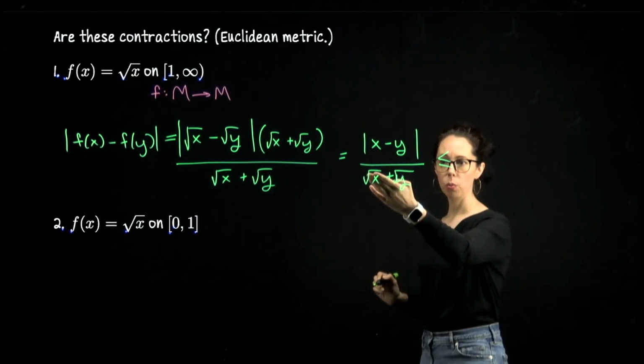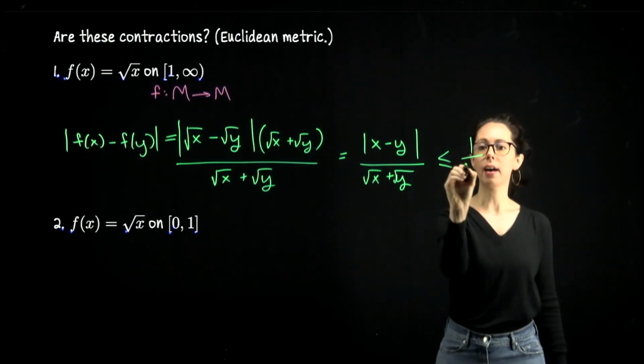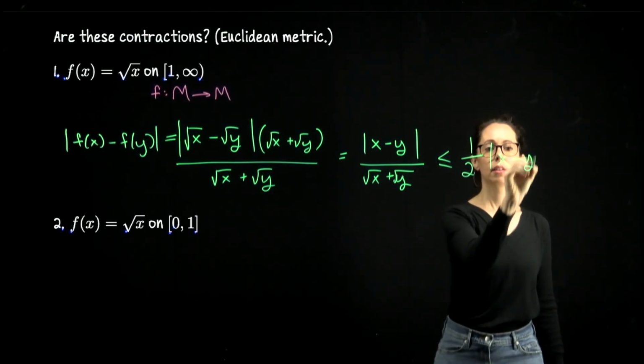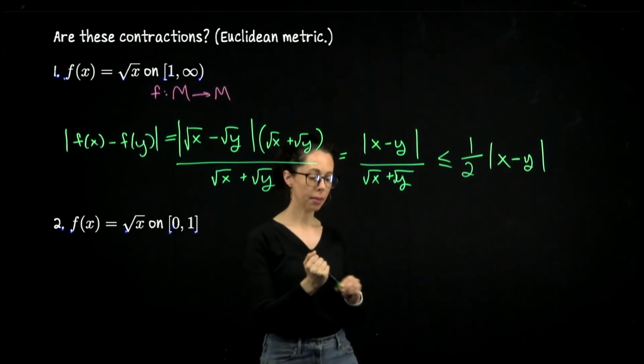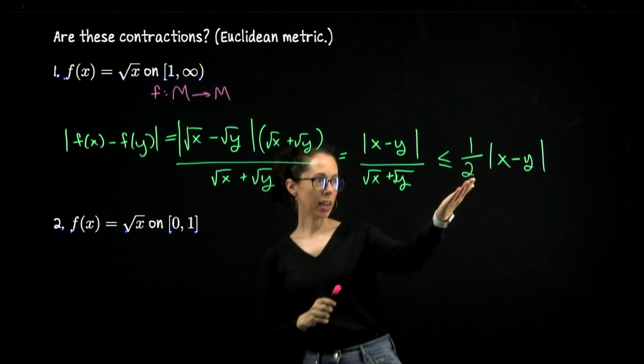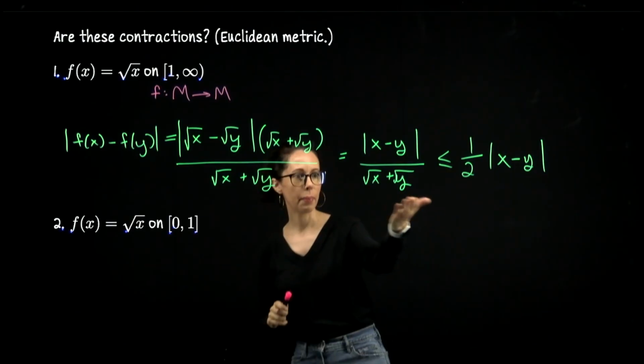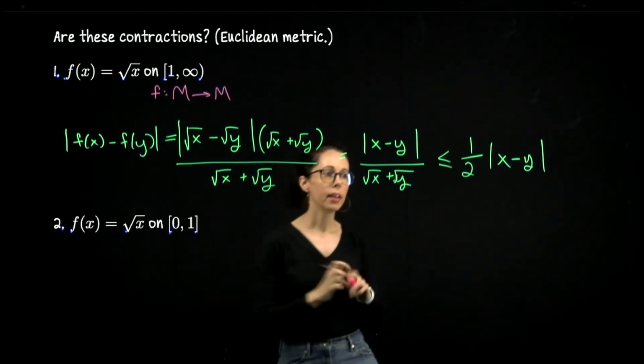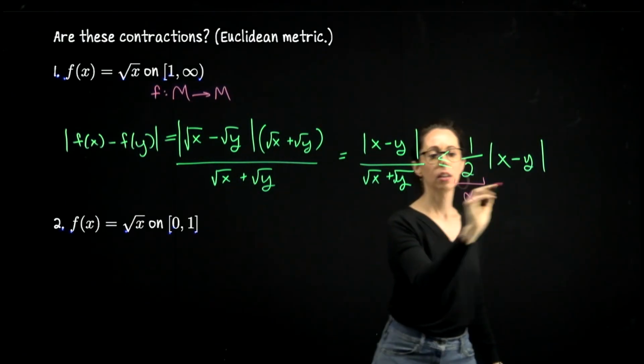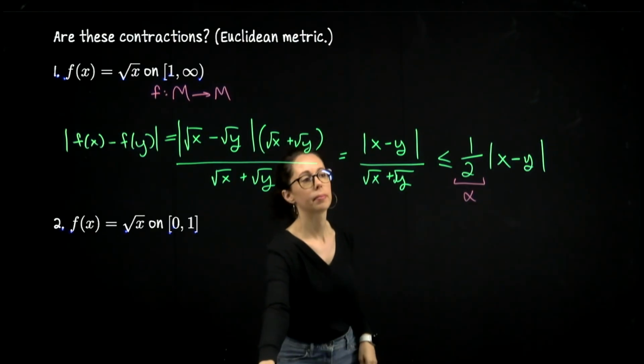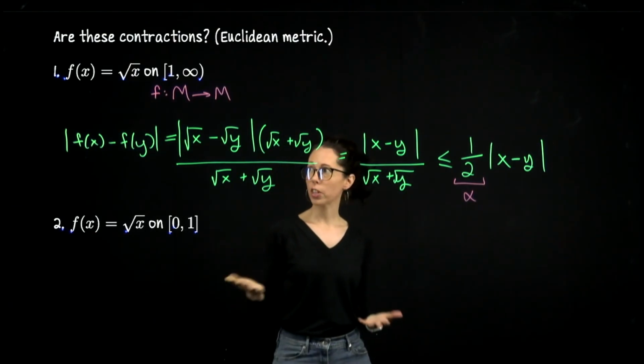So I would have 1 plus 1, that's a half, times the distance from x to y. This factor of 1/2 here works for any pair of inputs from the original domain. Therefore, we have a nice fixed expression here for alpha. And so yes, this first example is a